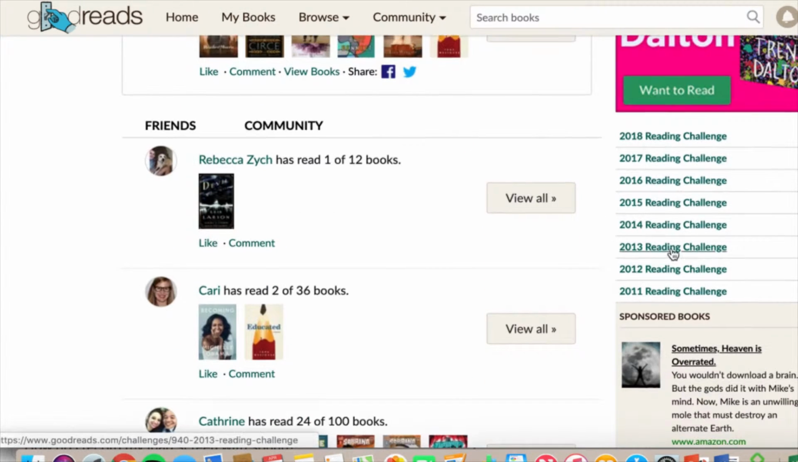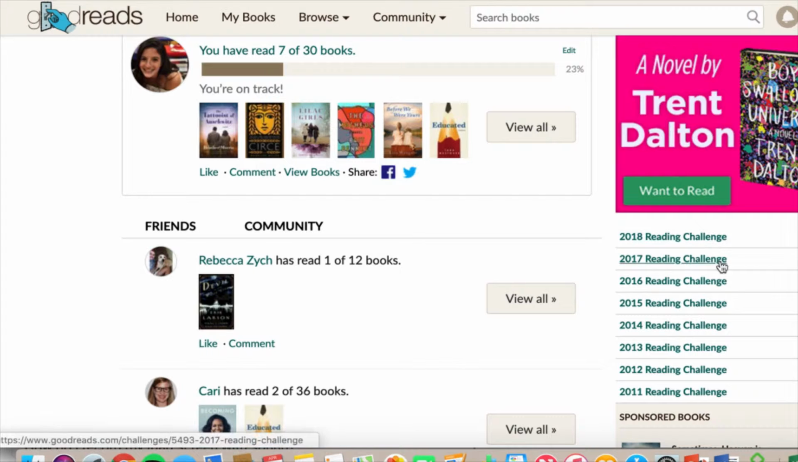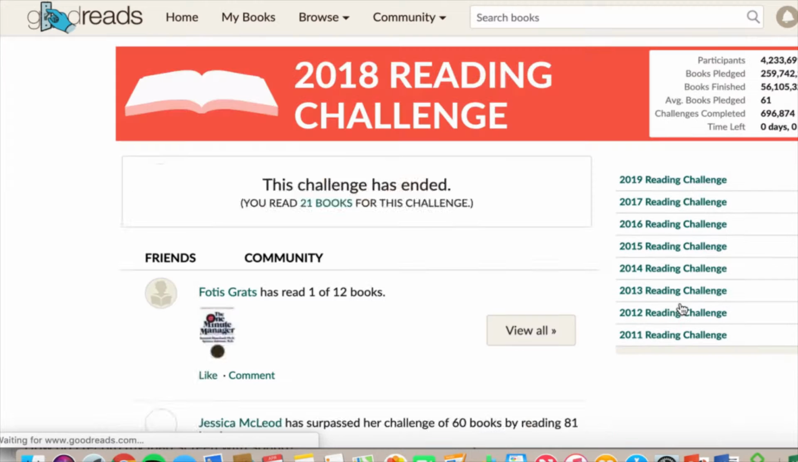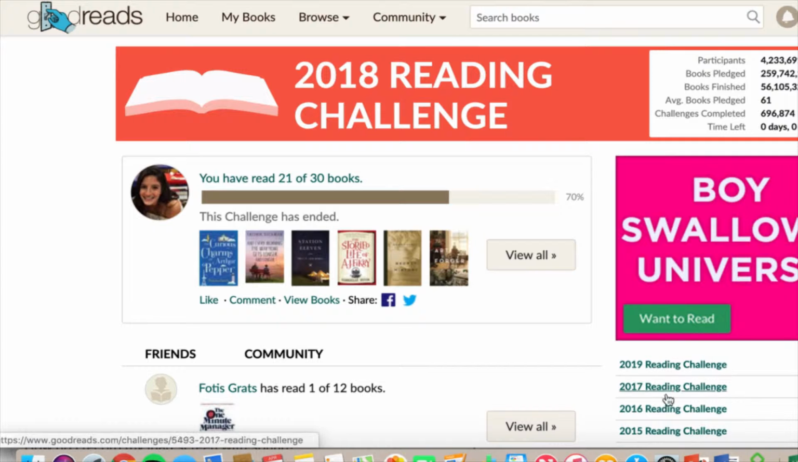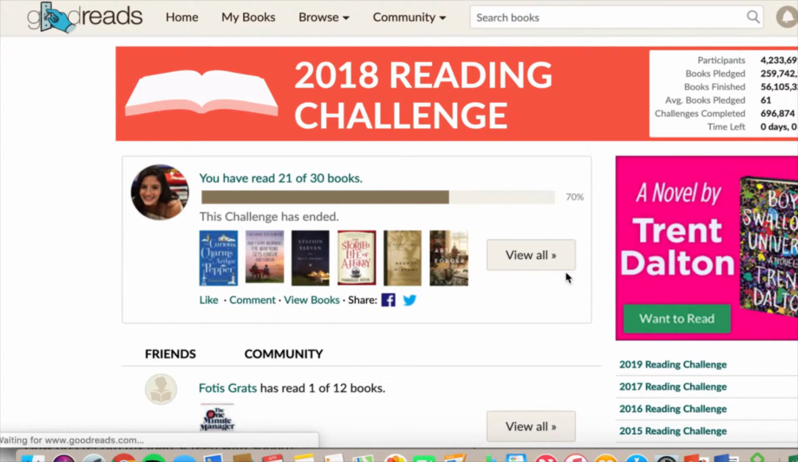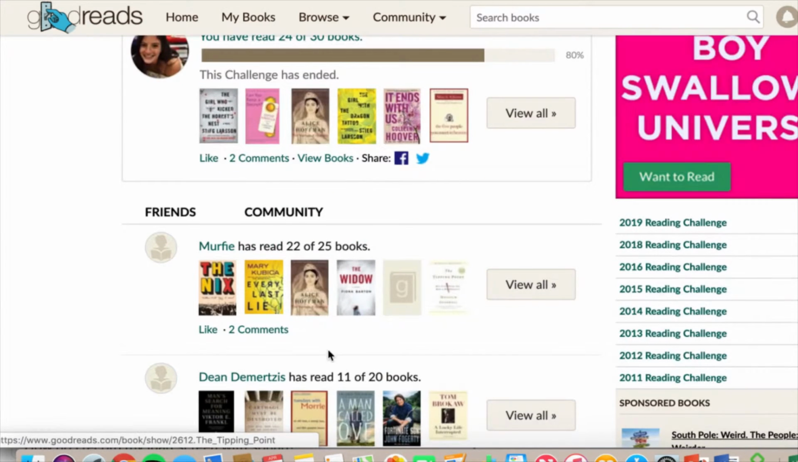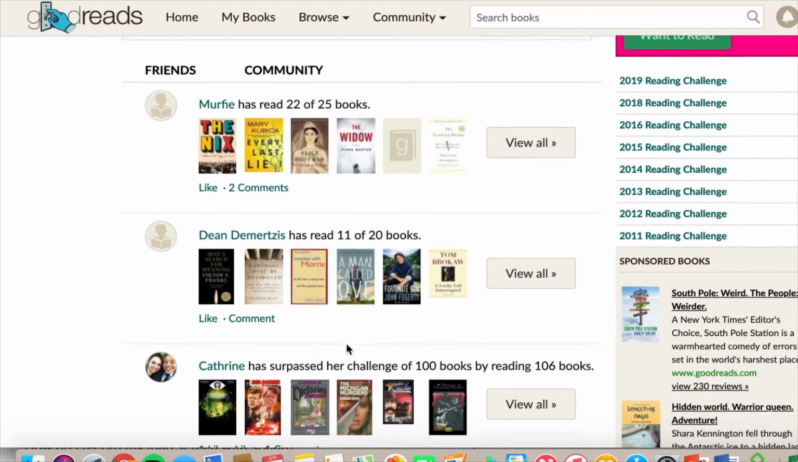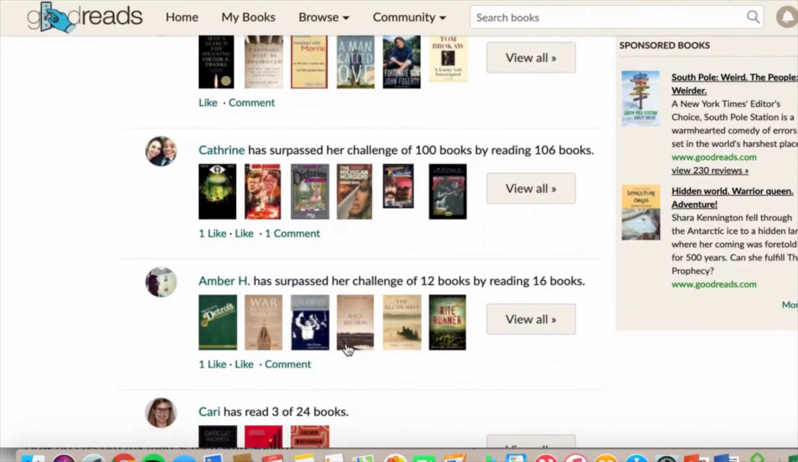And then the last thing that I really enjoy that Goodreads does is it compares your current reading challenge against previous years. So we can go here and see my 2018 reading challenge where I wasn't able to read as many books, or 2017 as well. So it's just nice to compare. And then also it looks at your friends and community and their previous reading challenges also. And I just always come back to these to once again find inspiration on new books, see how my friends